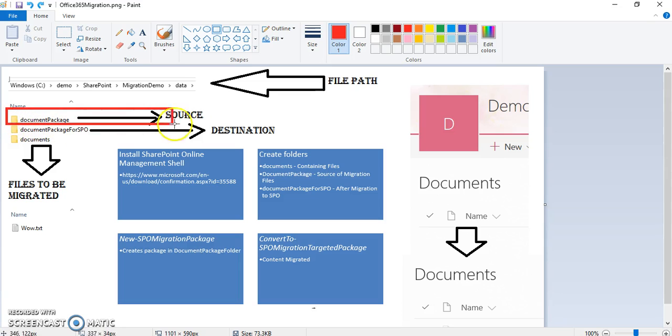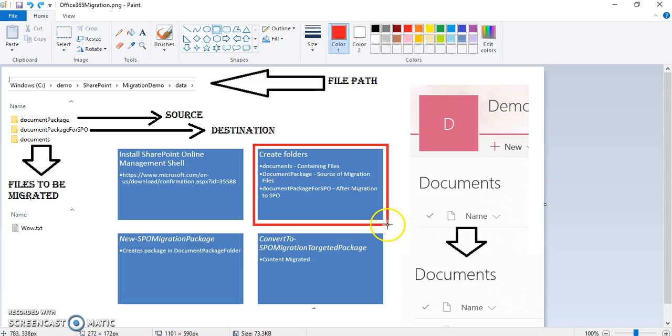So first you need to specify the source, that is the document source package, and next you need to specify the document package for SPO, which is nothing but the destination once the migration is complete. Once you decide all the folders needed, next step is to open PowerShell as an administrator in the ISE mode and call these commandlets